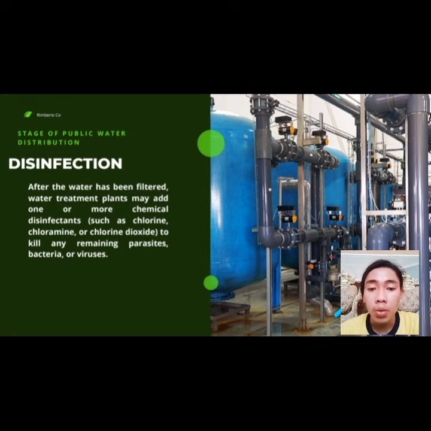Kahit na filtered na yung water, hindi tayo nakakasiguro na malinis at walang bakterya yung tubig. That's why ginagamit natin ang chlorine para nadidisinfect yung water. This process is called chlorination. Hinahalo ito na may sakto lang na sukat dahil kung ito ay sosobra, maaaring magdulot ng hindi kaaya-ayang lasa at amoy and